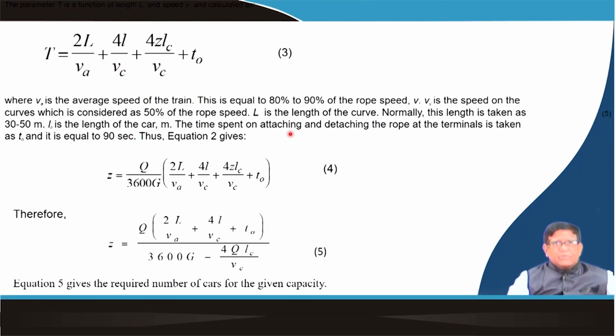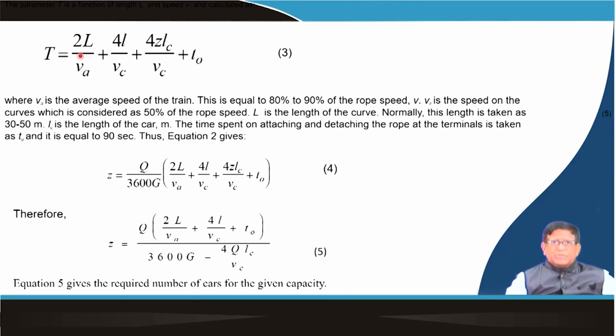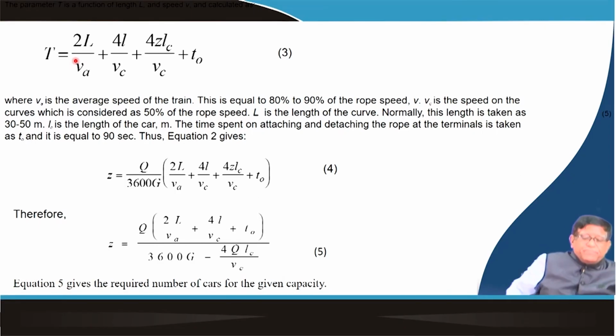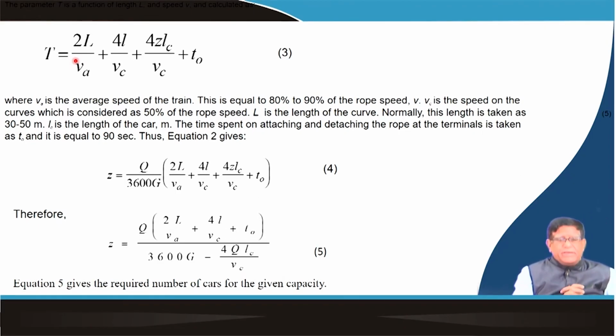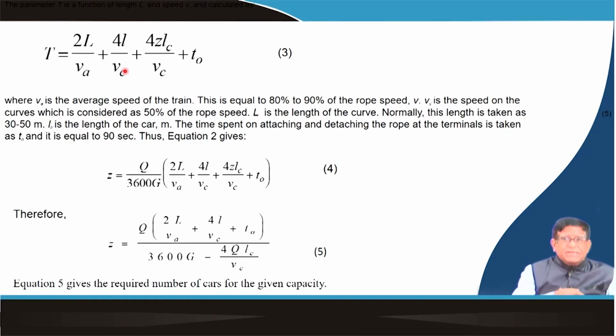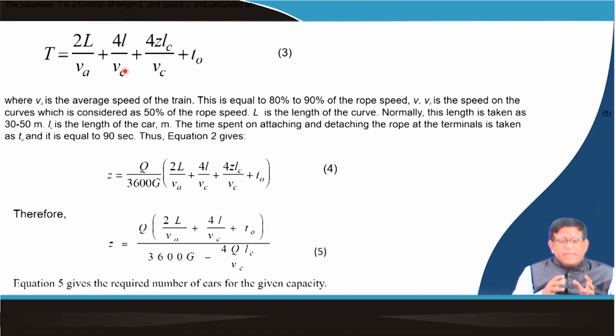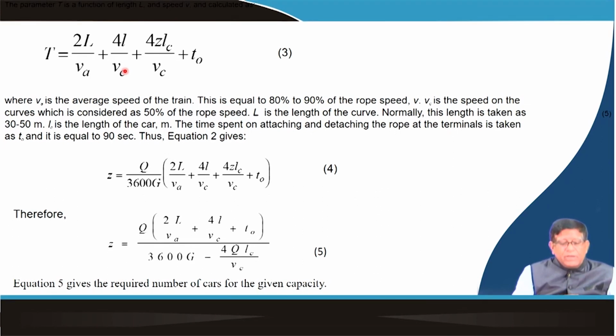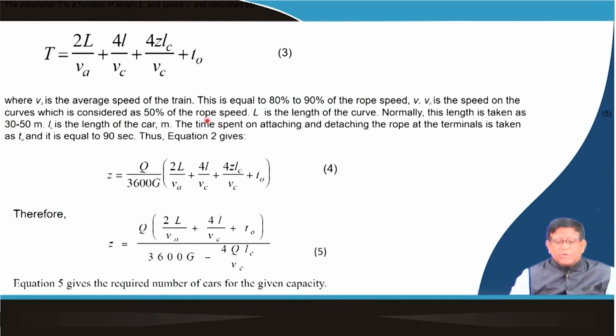This is calculated by knowing the velocities, that is, the average speed of the train, and when it is negotiating the curve, your speed will be different. Your other parameter is the total length of